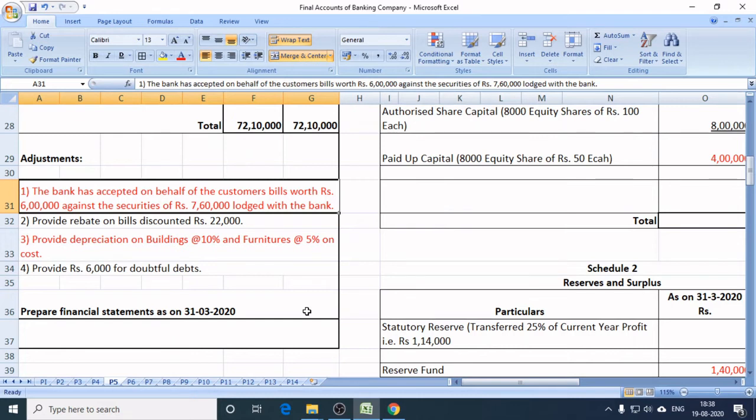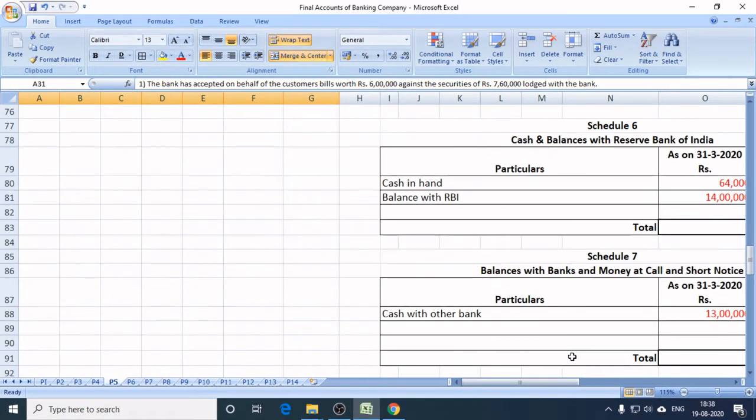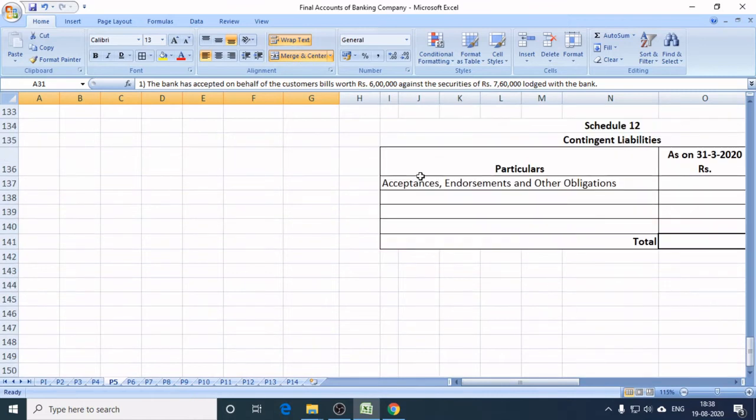आपको समझ में आया होगा I think. अगर buyer ने कल को जाके seller को पैसे नहीं दिए, यहाँ पे बैंक ने इस bill को accept किया है, इसका मतलब अगर buyer ने पैसे नहीं दिए तो बैंक को देना पड़ेगा। लेकिन बैंक भी smart है, ऐसे इस तरह के bill accept करने से पहले वो हमेशा जो भी client है उसका security लेके रखता है, 7,60,000 रुपए का। अगर कल को जाके ये बंदा ये 6 लाख रुपए नहीं दे पाया seller को तो बैंक को देना पड़ेगा। और बैंक फिर क्या करेगी, जो भी security उस बंदे ने बैंक को दिया है, वो बैंक बेच देगी और अपना पैसा वहां से recover कर लेगी। So it is the bank's contingent liability, and it is known as acceptances, endorsements, and other obligations.